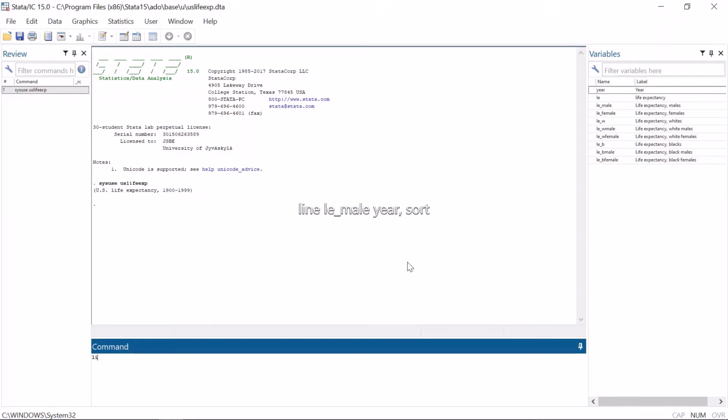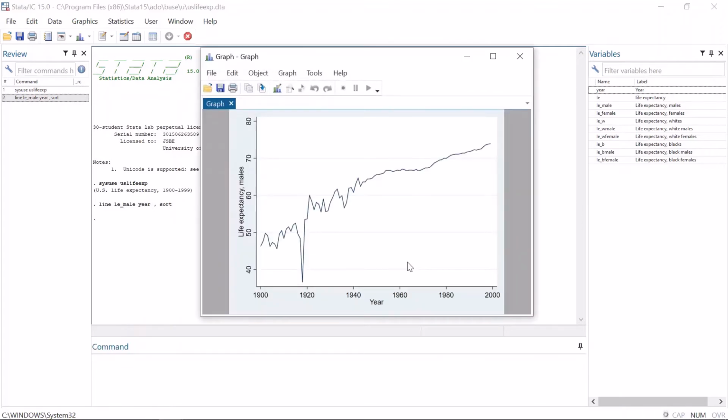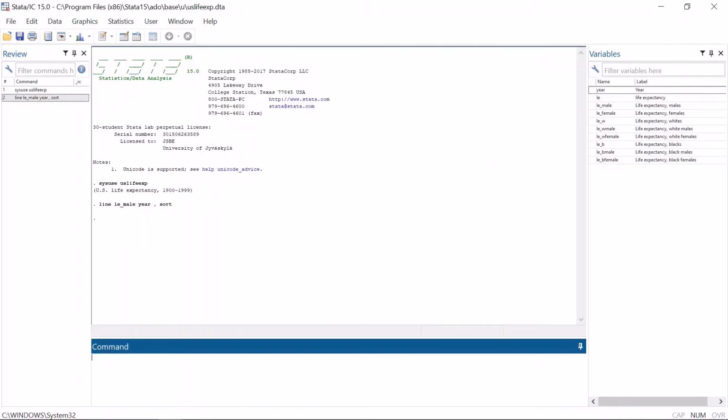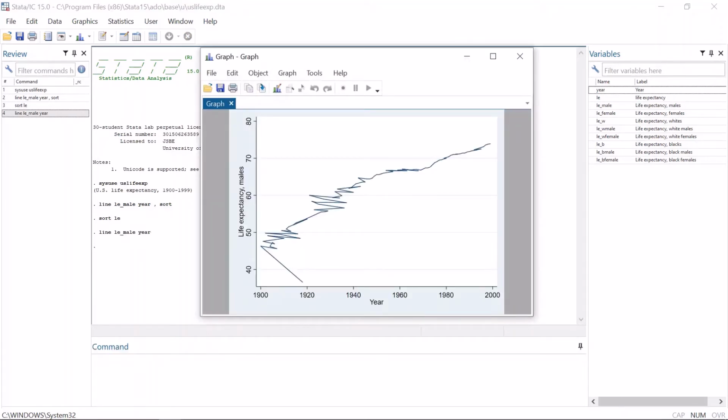A line graph is made using the command line, which is followed by the dependent variable and the independent variable. Both of these variables have to be numeric variables because Stata does not allow for using a string variable in a graph, not even if it's a date variable. Moreover, the data has to be sorted according to the x variable, otherwise the graph is full of nonsense scribble. For some reason, Stata does not give an error message when the data is not sorted, but maybe there is